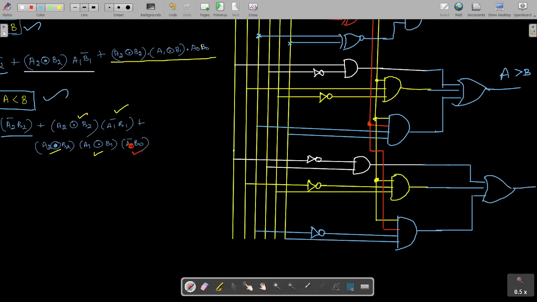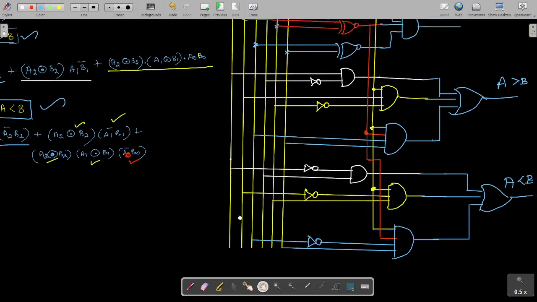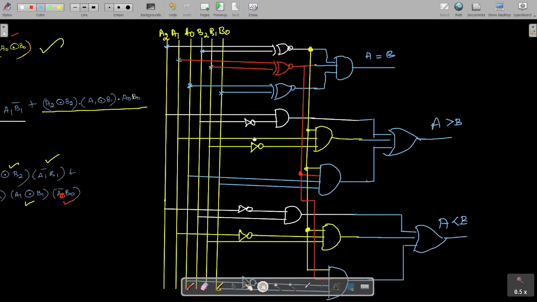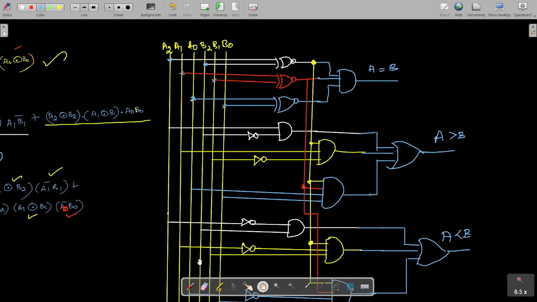So this is the output for A less than B. So this is the whole circuit diagram for the 3-bit magnitude comparator.